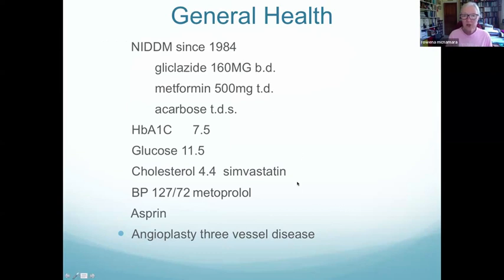So we asked the patient about their general health, and this patient is diabetic. So they have high glucose. He's also on treatment for high cholesterol and for blood pressure, and he's taking a blood thinner. He's taking aspirin. He's also had some heart disease, so he's had some angioplasty for heart disease. So he's got past history of poor control of diabetes, and that's the reason why he's getting multiple episodes of